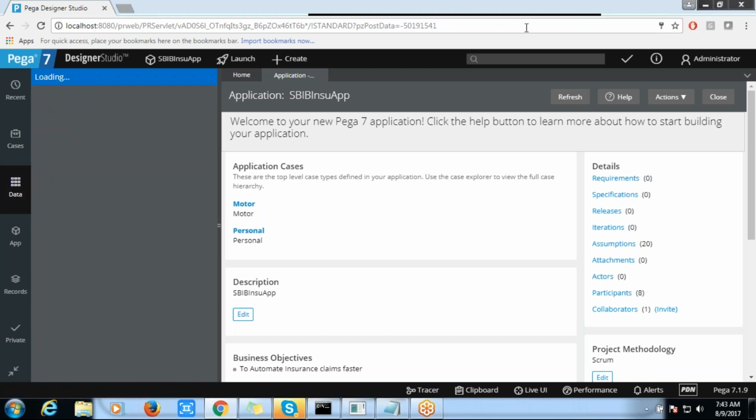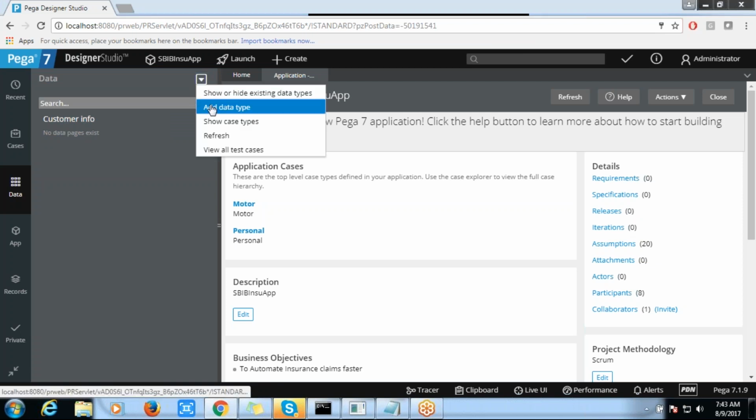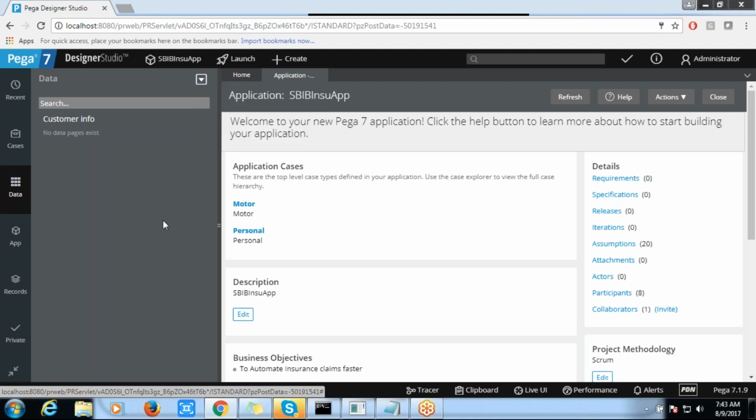As we discussed, at this moment we have only one which we specified in the application profiler. If you have more data types in your application, you just go ahead here and add the data types based on your application requirements.